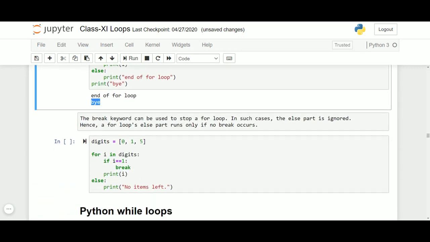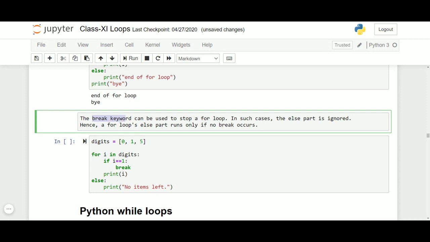Now let's look at another aspect of the for loop with else: when a loop has a break and the execution of the loop got stopped because of break, then in that case the else part is ignored. That means it will not go to the else at all.